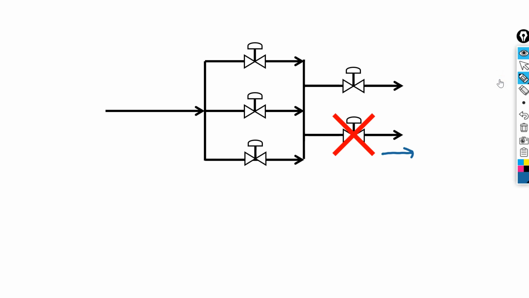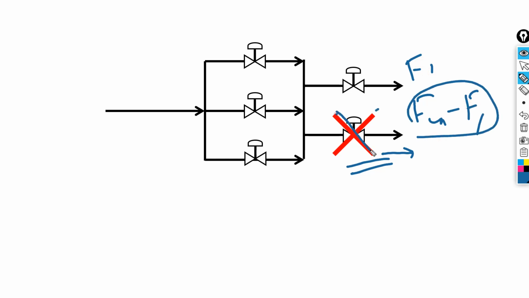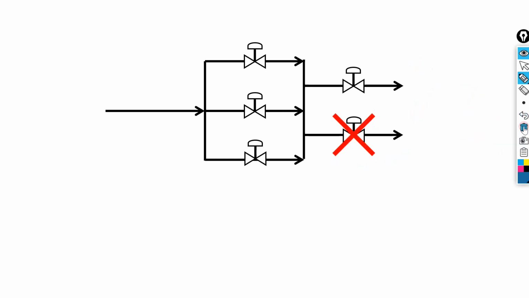This flow over here must be flow in minus, let's call this F1, and so this is not independent, that is why it has been crossed out. And now let's get back to